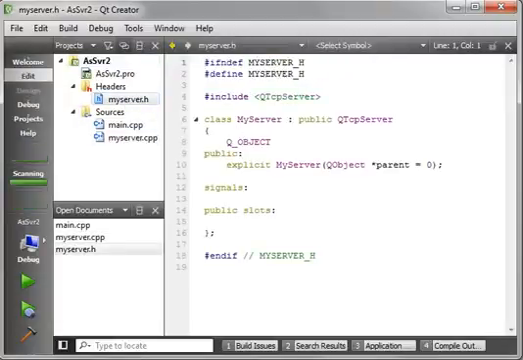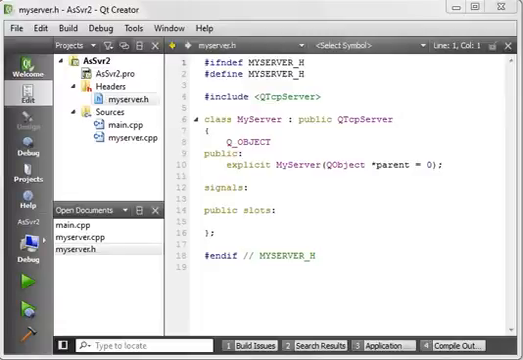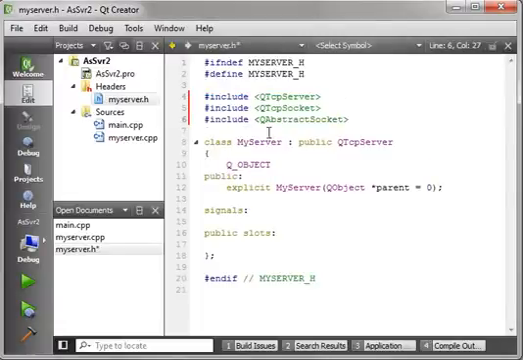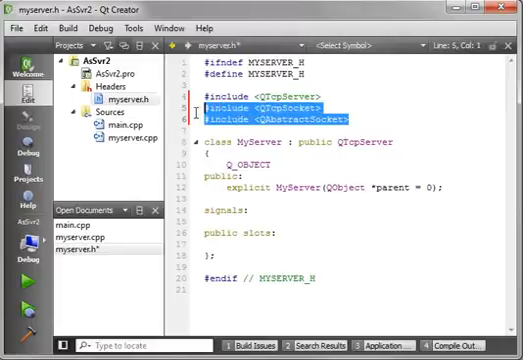So first thing we need to do is, of course, add in some includes. And includes take me a while, so I'm just going to copy and paste. We're going to add in QTcpServer because we need it, QTcpSocket, and QAbstractSocket. We're doing those for the signals and slots mechanisms. Alright, now we want our